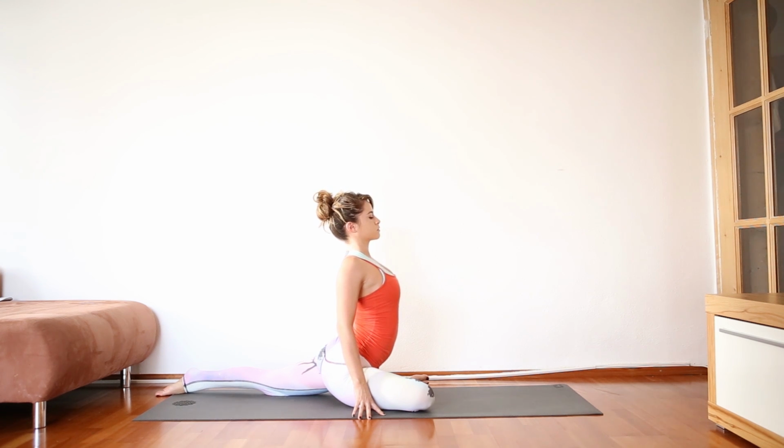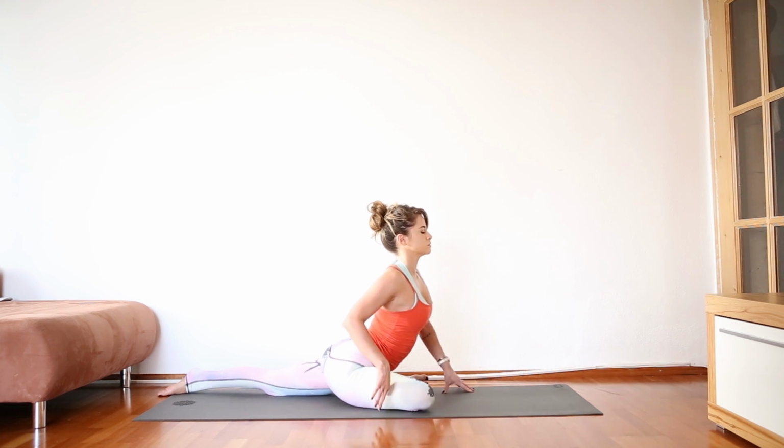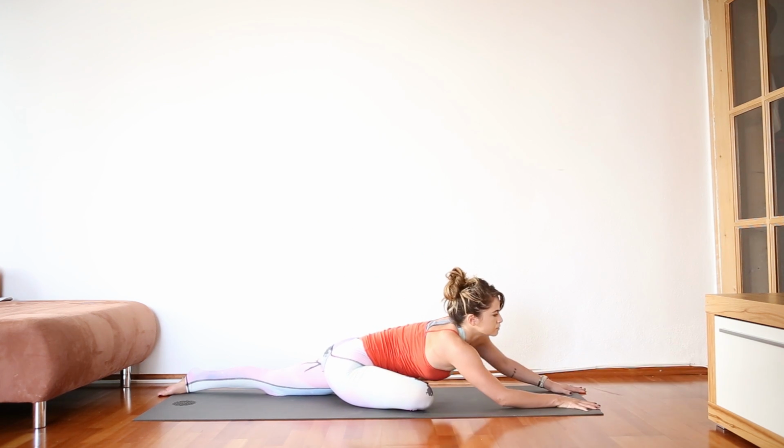Bring the fingers underneath the shoulders. Left leg is very long, puff the chest out. Elbows straight back behind you. No compression in your low back as you breathe into the left hip flexor. Then when you're ready, slide your arms out in front,